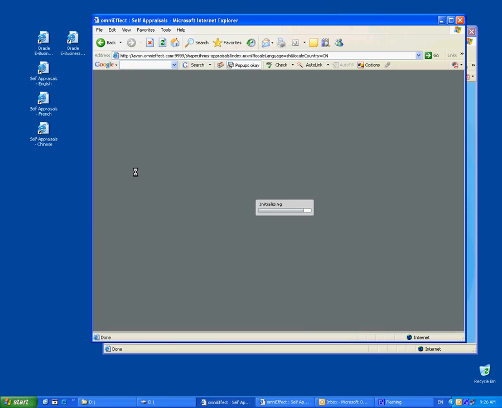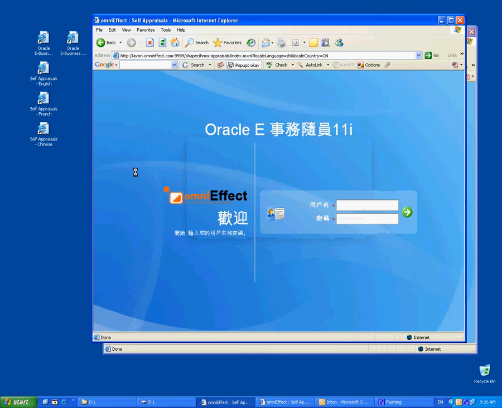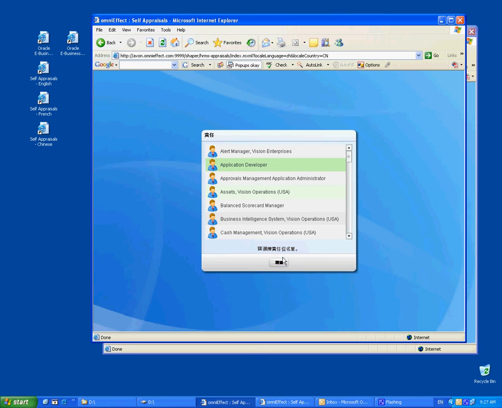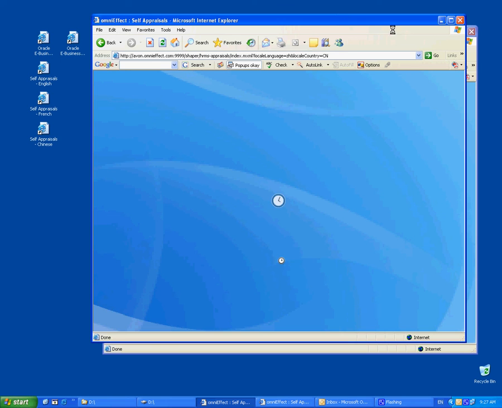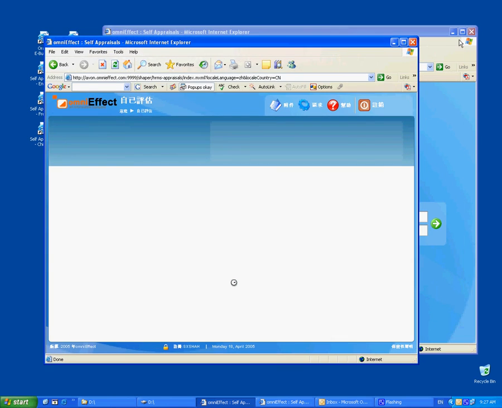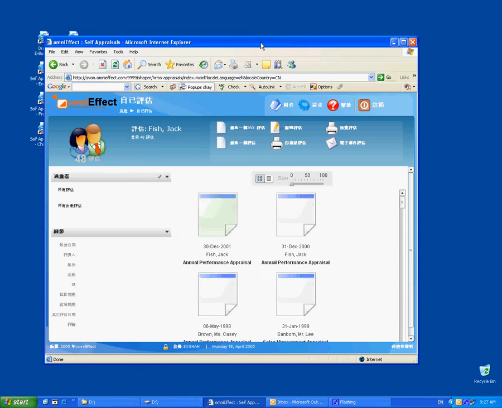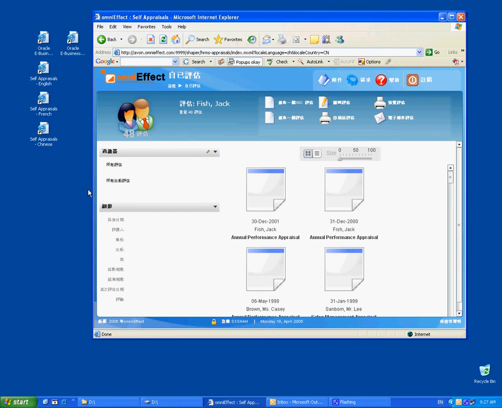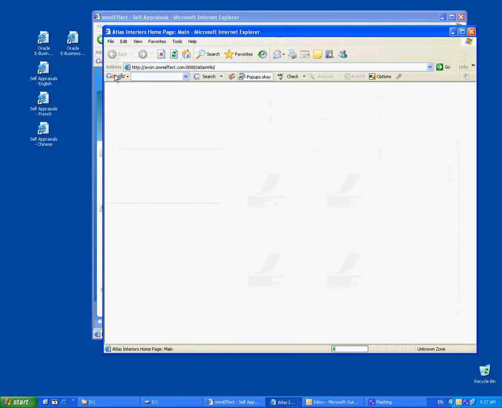This is the same screen but in Chinese. You see all the prompting has been changed over to Chinese. I can log in with my favorite character in Chinese and select developer as well and log in again. Let's close that down. Away we go. So as you see,